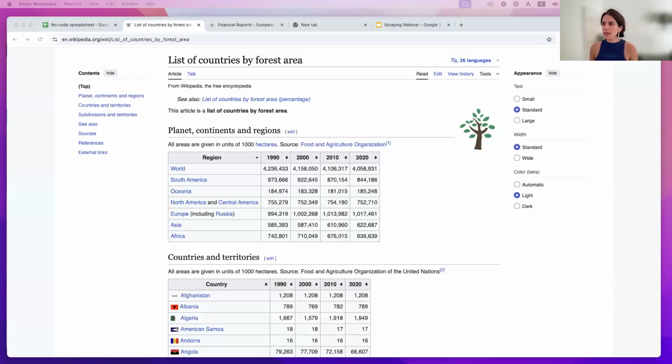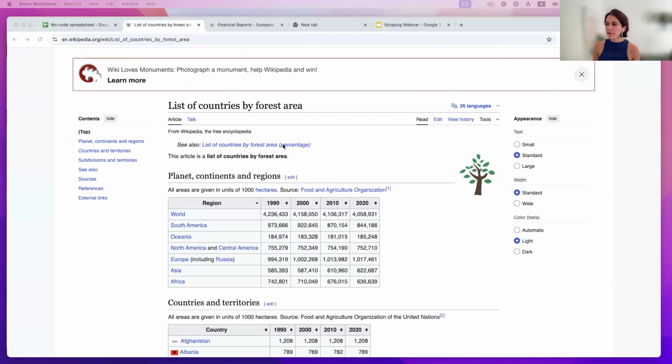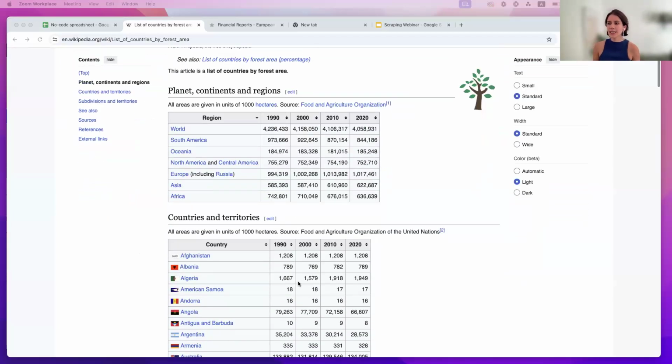So this is a list of countries by forest area, and it's on Wikipedia. And I want to scrape, using the HTML formula function, this second table. I'm not interested in the first one, only in the second one. How would that work? I would get my formula,